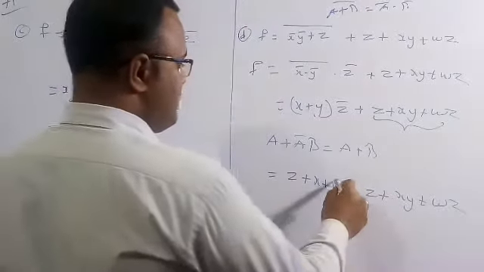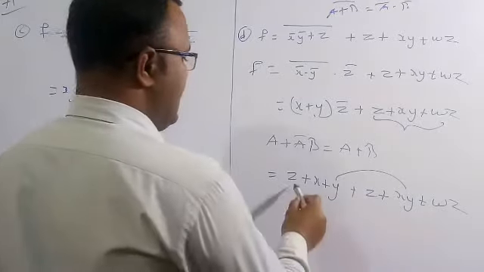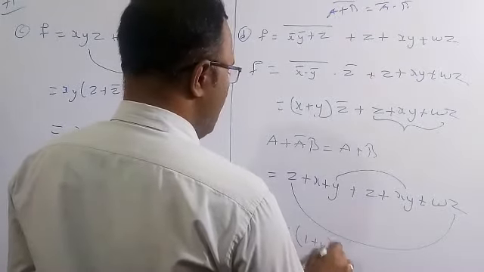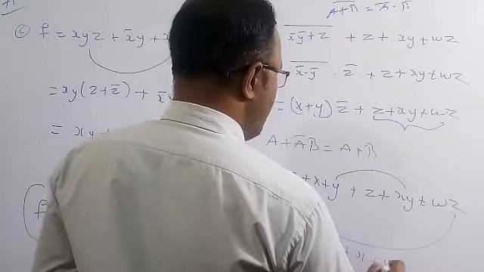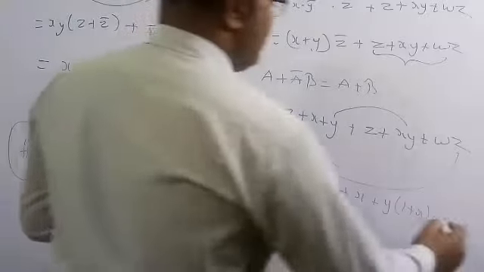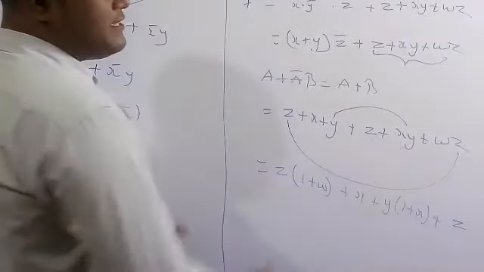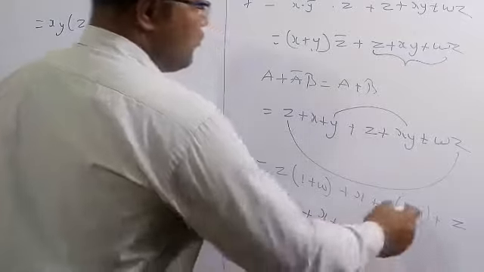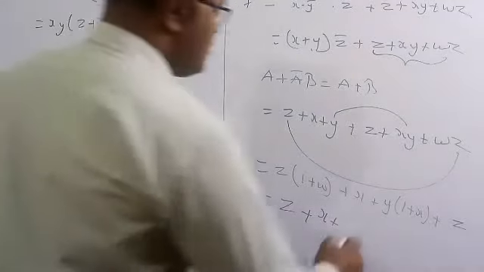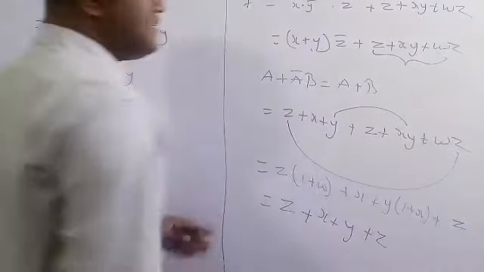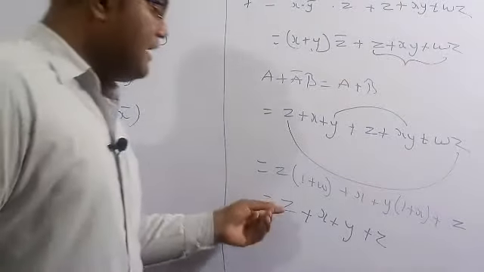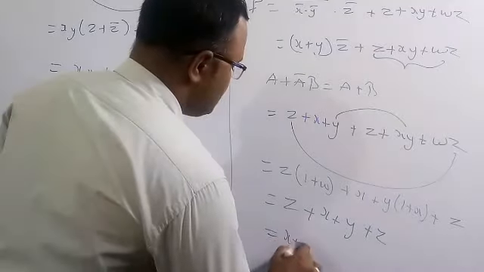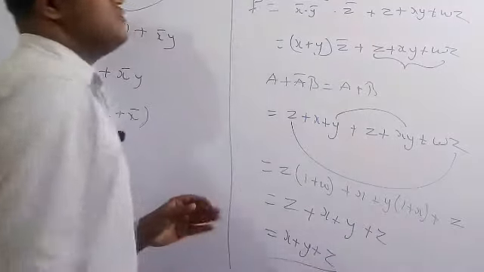So if you see carefully here, y is common between these two things and w is common between these two things. So therefore if I take w common, 1 plus w, and similarly here x plus y is common, so 1 plus x, and then similarly z. So therefore 1 plus z, w is again 1. So 1 into z is nothing but z plus x plus 1 plus x is nothing but 1. So 1 into y is nothing but y plus z. So z plus z is again z in Boolean algebra. So a plus a is nothing but a in Boolean algebra. So therefore finally, the expression is x plus y plus z. It's the correct solution of this question.